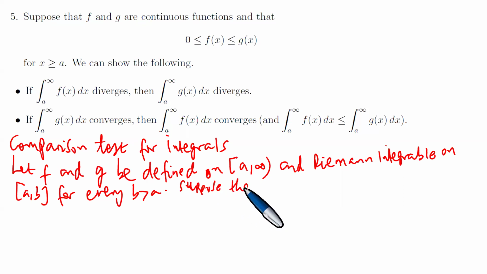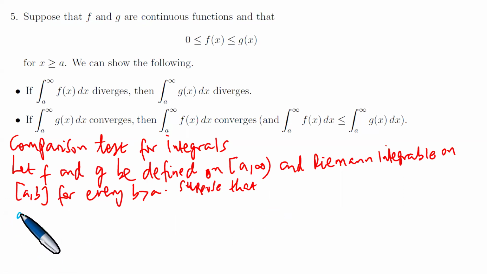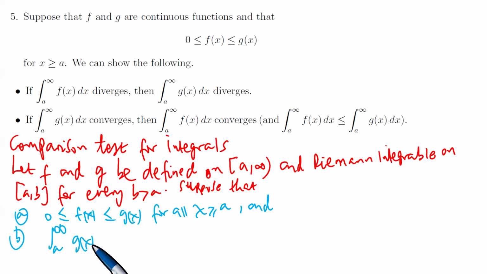Suppose that 0 is less or equal to f of x, less or equal to g of x, for all x bigger or equal to a, and the integral from a to infinity of g of x dx converges,